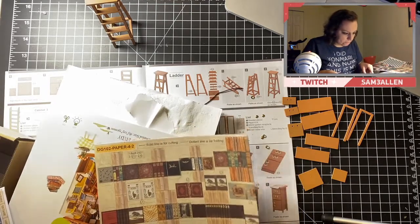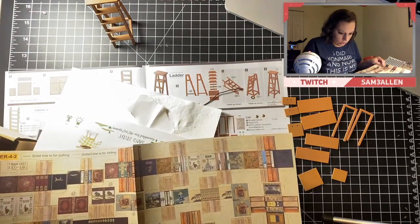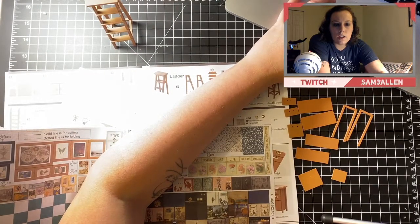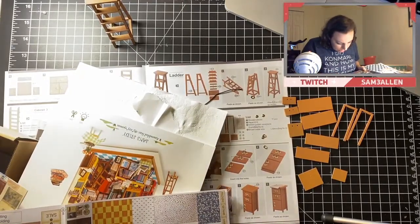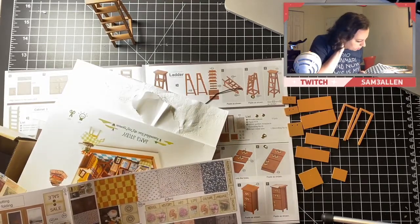These are all books. More books. Alright, let me check something really quick. Alright. Okay. Well, we'll go with what they gave me because it says K14. This is K14. So